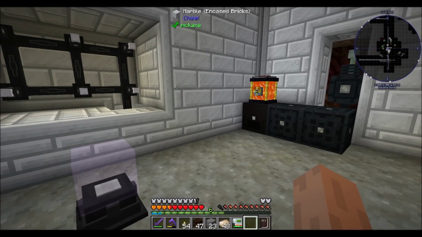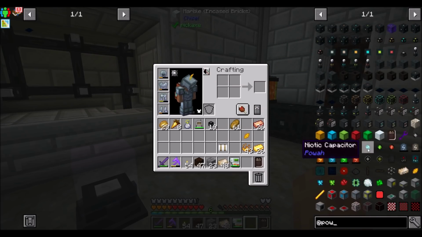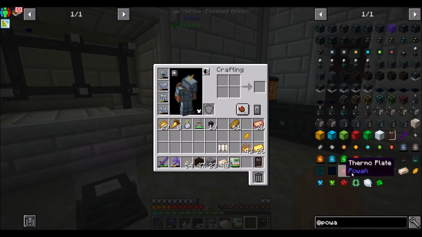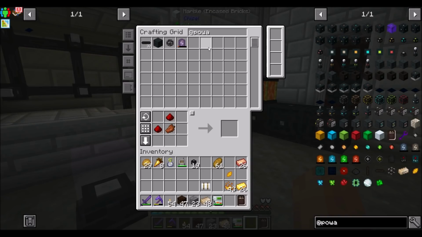Let's try this real quick. So an ender core from Powah. I'm assuming we need 2 of these. So we're going to need 2 eyes of ender, 2 dielectric casings...